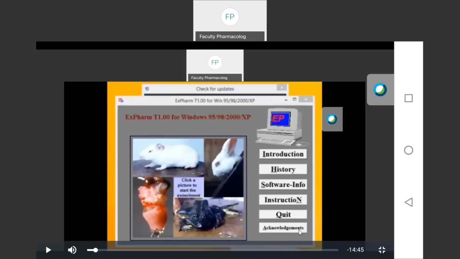As we are going to learn about the rabbit eye, the effect of mydriatic and meiotic drugs on the rabbit eye, before that we have to know how to perform it as well as the background and aim of this experiment. So now coming to the background. What is the background of this experiment?